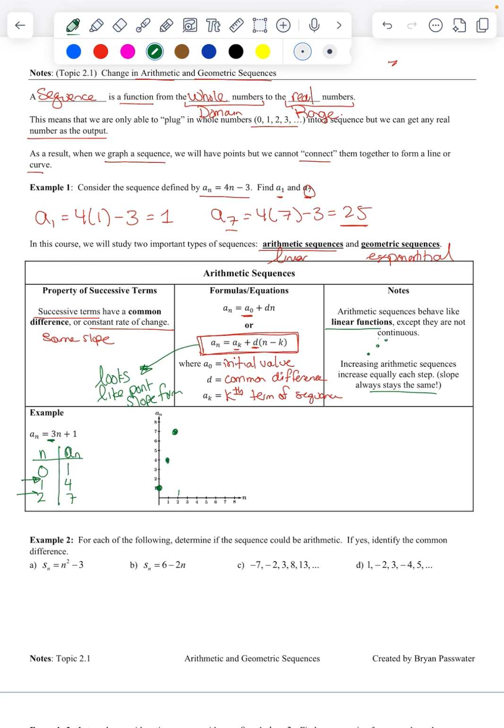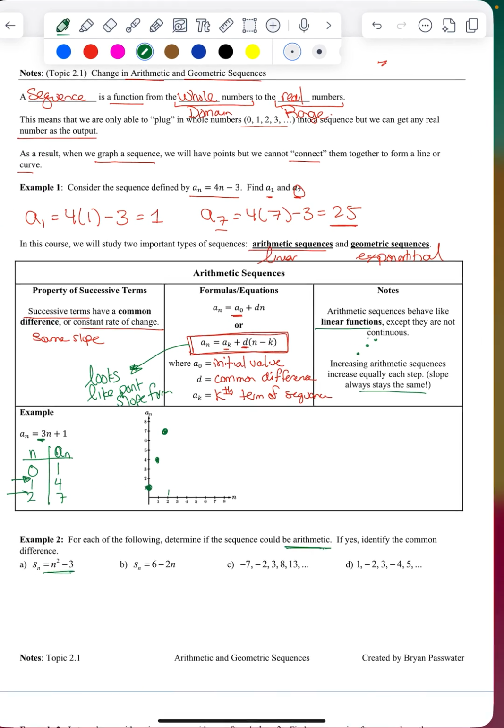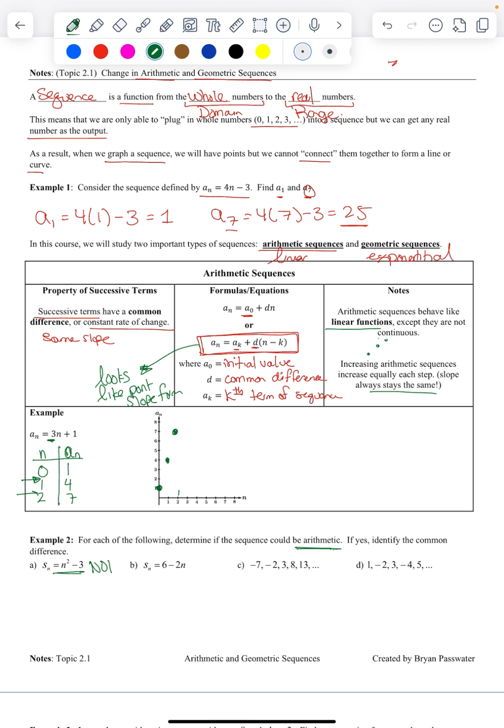So in example 2, like we did in class, determine if the sequence could be arithmetic. If yes, identify the common difference. So just by looking at this, it's actually a quadratic function. So right away, I know this is not arithmetic. But just to show why it's not arithmetic, you can show that there is no common difference by plugging in